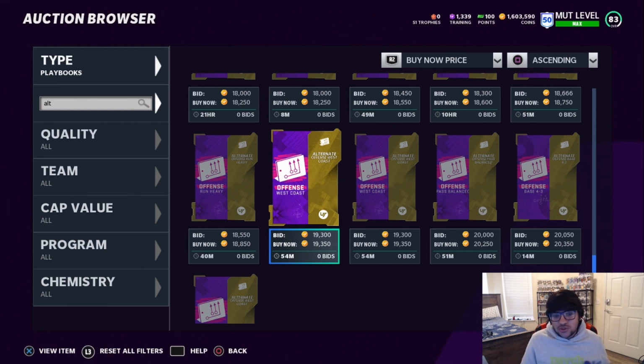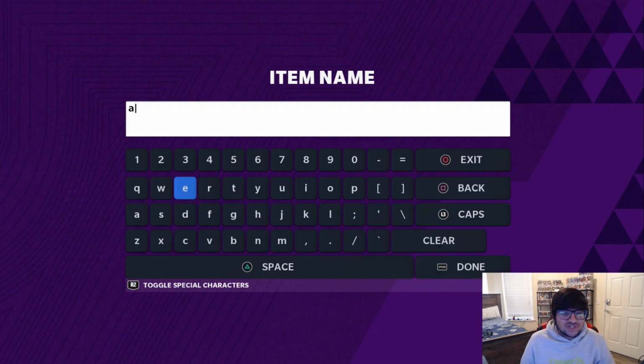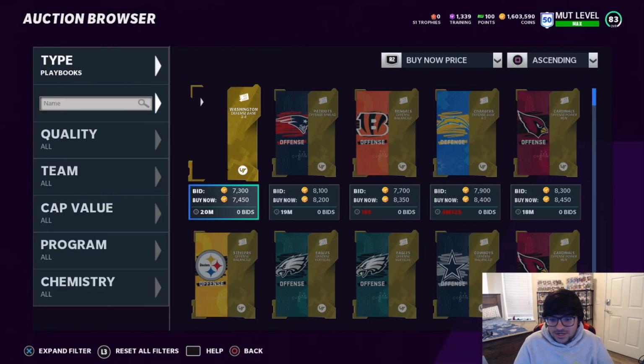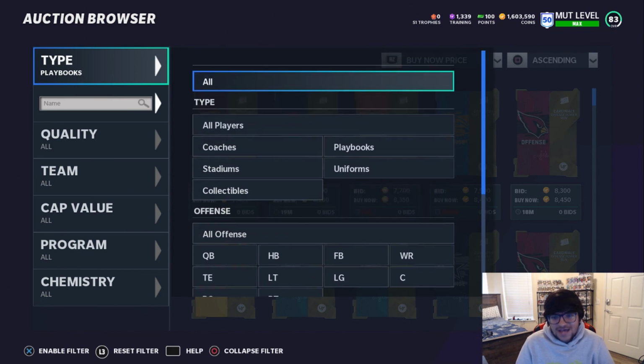You're making about 3k on each card, which is absolutely amazing because you could just farm these. Hopefully you took advantage of it when I talked about the playbook method, because I know a lot of people didn't, and I made like millions of coins doing that. So yeah, that's definitely